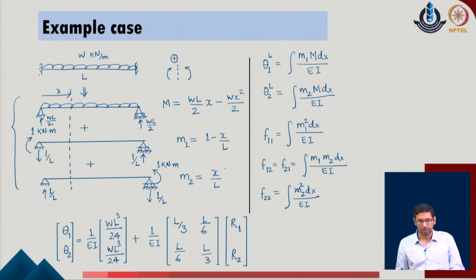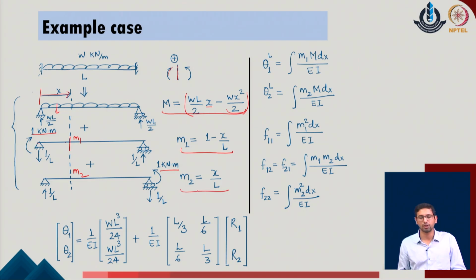Now, moving forward, I can consider the value of the moment with respect to the given system. I have taken the x axis from here, and corresponding to that the moment value is described. We have considered that about any given axis the positive direction of the moment is described like this. So if I consider this wL by 2, the moment wL by 2 into x is positive, whereas the downward load gives minus of wL square upon 2. Similarly, with respect to these reactions with the unit amount of moment at the two ends, we can describe the value of the moment M1 over here and M2 in this given system.